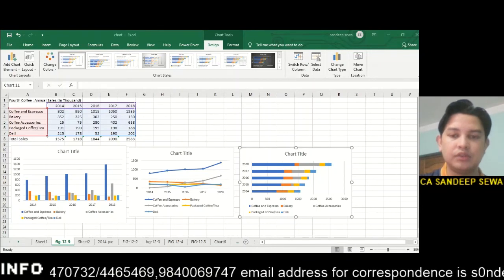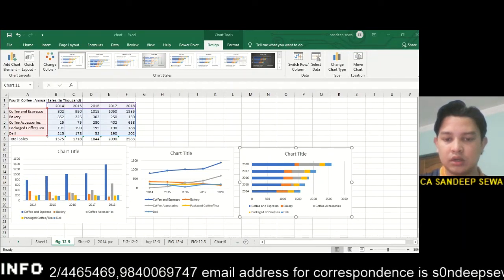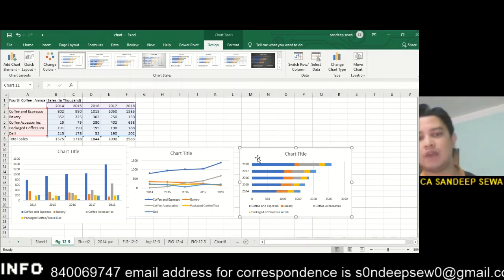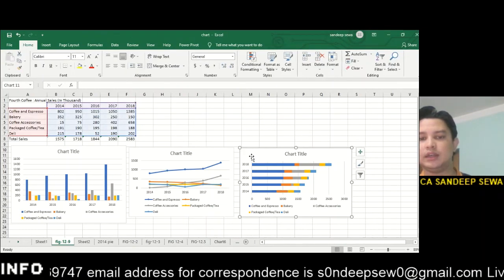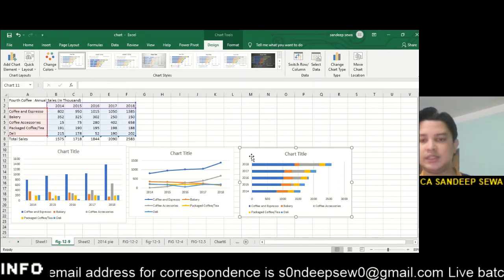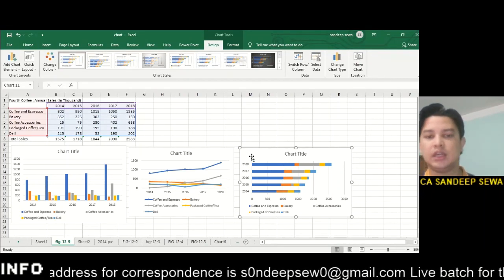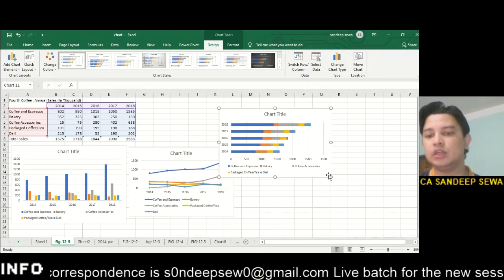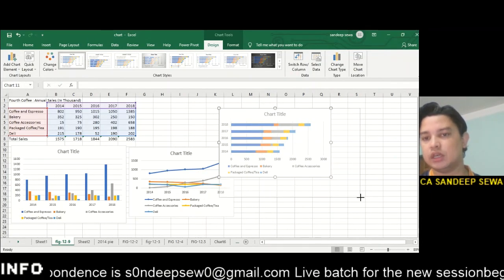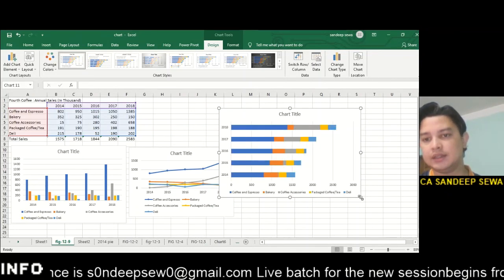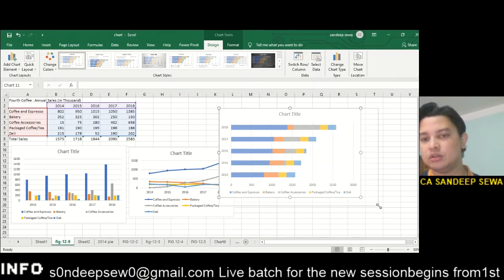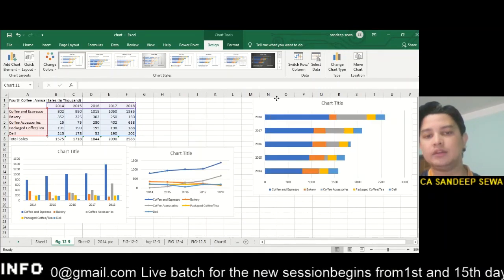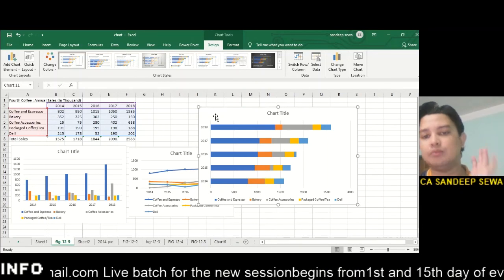And the last thing for today's session is moving a chart. Moving a chart is simple. You click in the chart area, and this is the active chart on the active sheet, and you can drag and move it wherever you want, or squeeze it. Go to the corner, click the circle and drag it, or go to the chart area and drag it like this. You can move it like this.